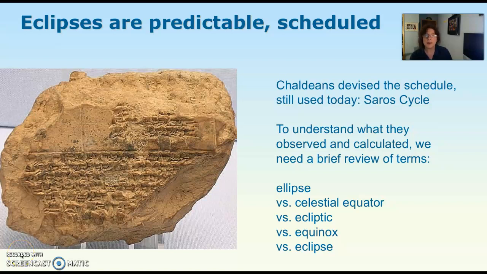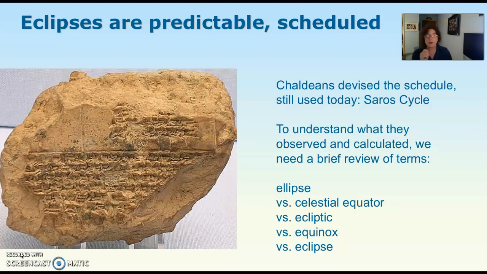So 2000 BC and the Chaldeans determine a way to make eclipses predictable on a schedule. Well, this removes a lot of the fear associated with eclipses, and we want to describe and understand their observations and their calculations. Before we do that, let's review some of the terms that are going to be necessary to